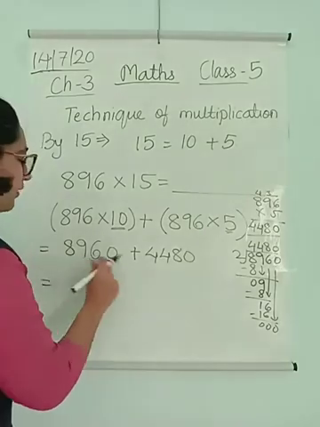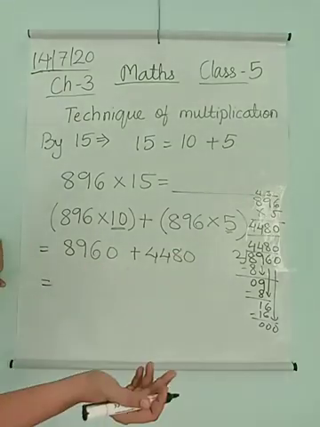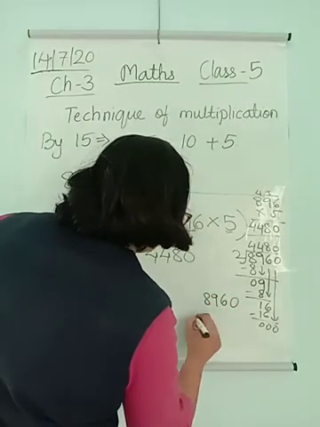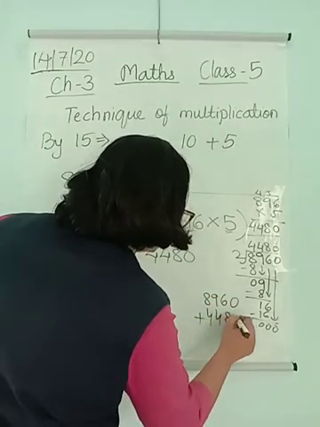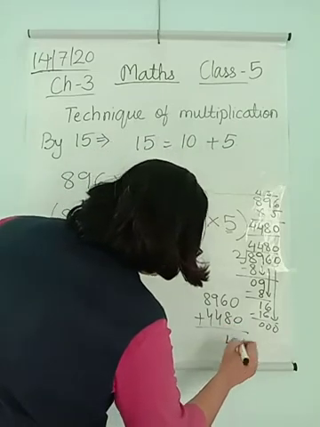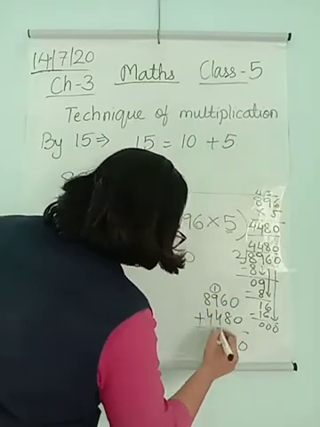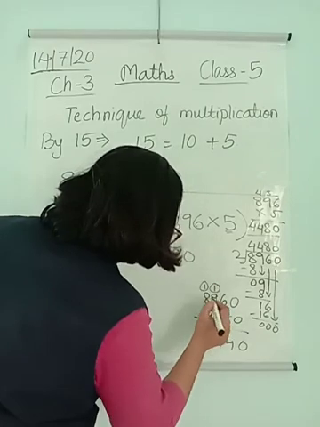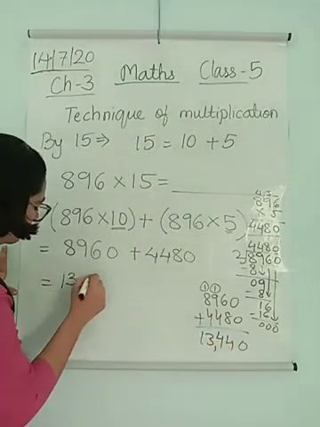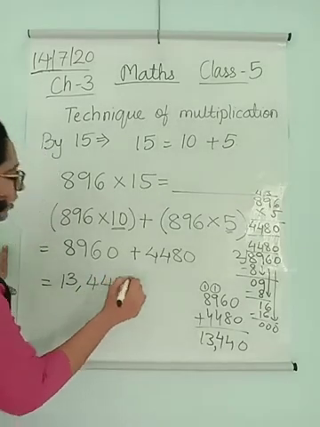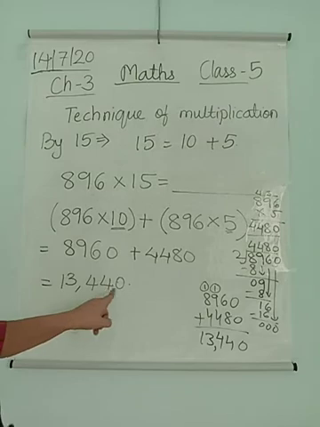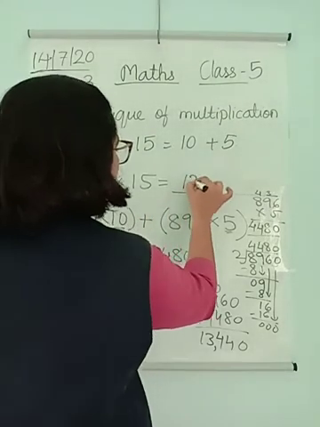Now simply you have to just add both and you get the final answer. So 8960 plus 4480, 0, 6 plus 8 is 14, 10 4 14, 12 30. So my answer is 13,440. Getting me? My answer is 13,440. So my total answer is